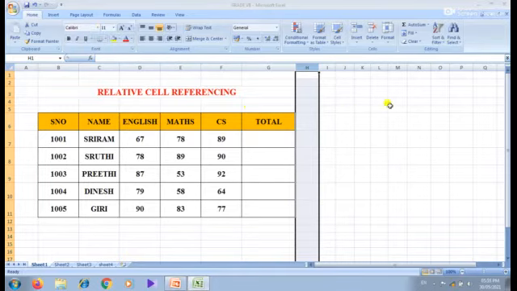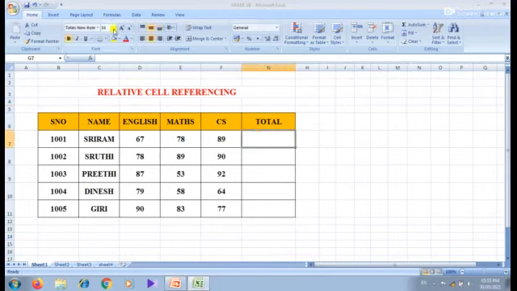I will increase the size. First, you have to press the equal sign.